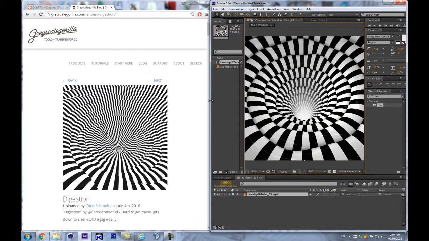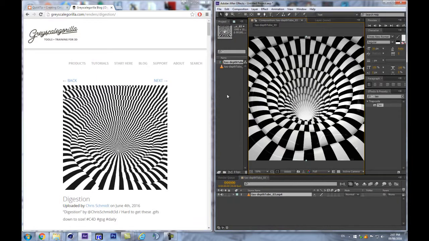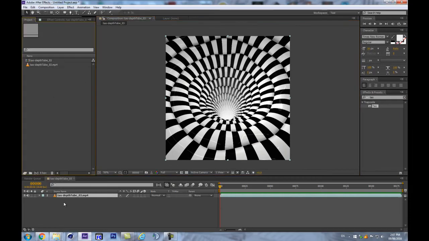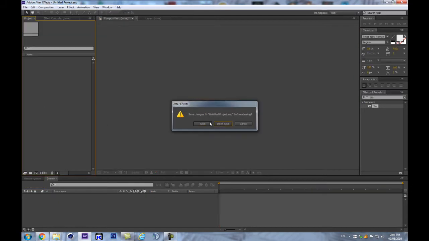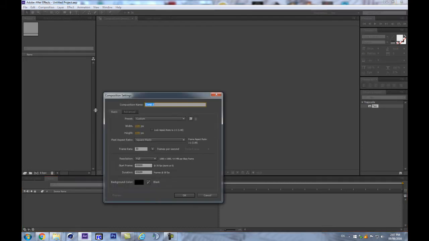So let's look at how I created this, and also we're gonna try to make it a seamless loop, with the least amount of frames possible, to have it render quicker and be lighter on the file size. So let's start off by creating a new composition, and let's call this spiral tube 2,